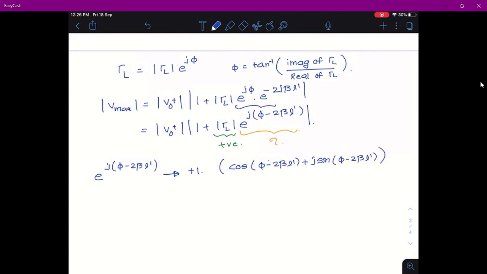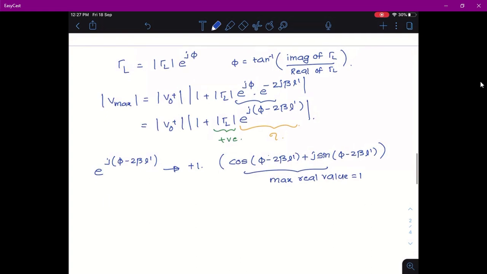So, the maximum real value is 1, because we are taking the magnitude, we are not considering the complex part. Okay. So, I can say the magnitude of the maximum voltage is mod V0 plus